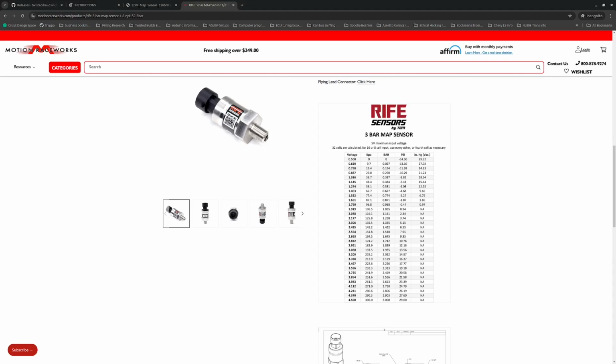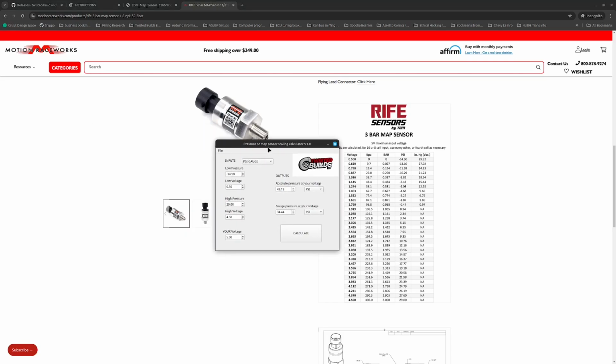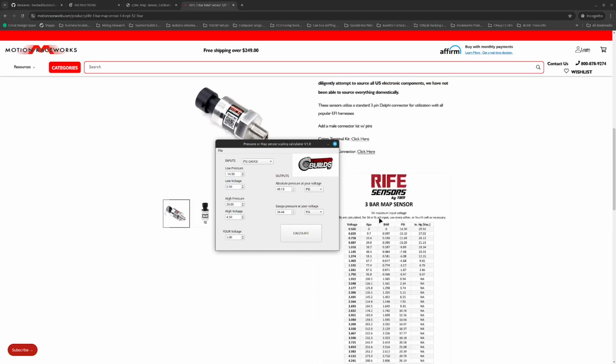I'm going to bring the calculator back up, okay? So we're going to take, again, 0.5 volt. That's negative 14.5. So it's the same sensor pretty much, 4.5 volt and 29. Again, 0.00 volts. You can get your gauge pressure to put at 0 volts. It'd be negative 19.94 and 5.00. Calculate it again. You get your 34.44, and you would use both of those inputs as your 0 volt and 5 volt input to like a factory engine computer tune up or whatever you're doing, right? If you need a 0 to 5 volt. So there you go. That is a simple